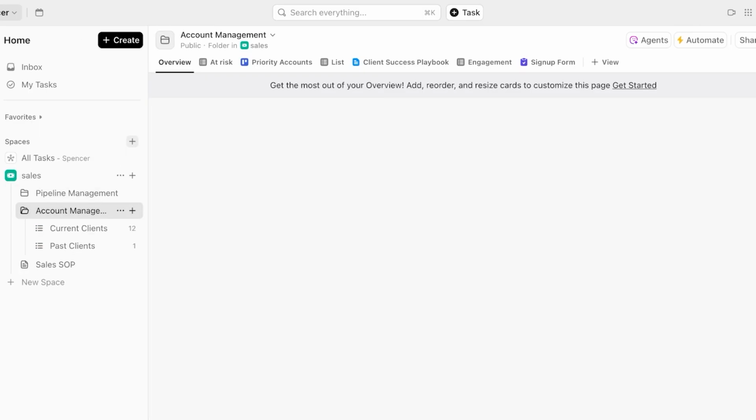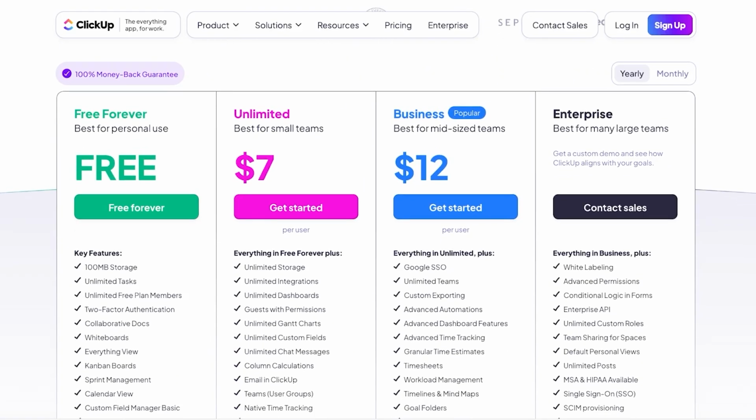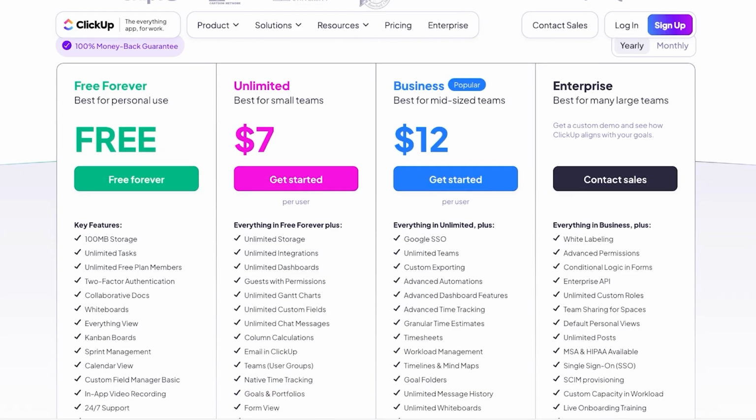The best part about all of this is that ClickUp is available for free. So if you want to get started for free, you have unlimited tasks you can add with unlimited free plan members. This includes any workspaces you're creating, and you're able to add sprint management, Kanban boards, and all the basics within the free version. Now, if you want to upgrade for some other features, you can upgrade for only $7 per user per month, which includes native time tracking, goals, portfolios, emailing in ClickUp, ultimate storage, unlimited integration, unlimited dashboards, unlimited Gantt charts,